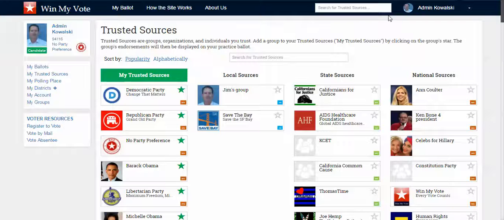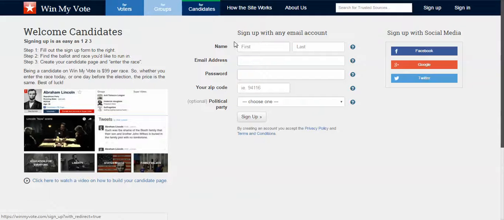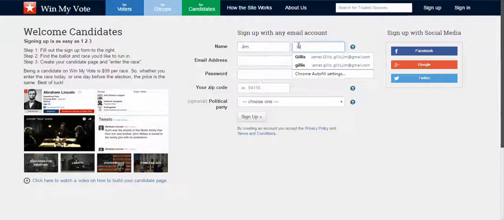So signing up is easy. Go to winmyvote.com and you can click here, the green button that will say for candidates. And when you sign up here, you're signing up as a voter as well as a candidate. So you just use your first name, last name,